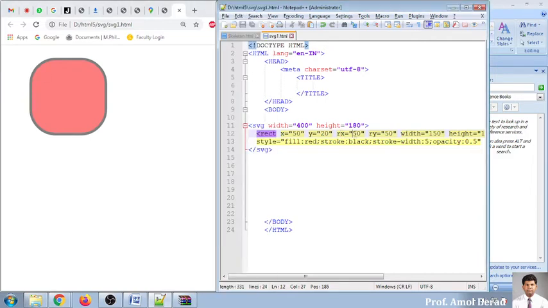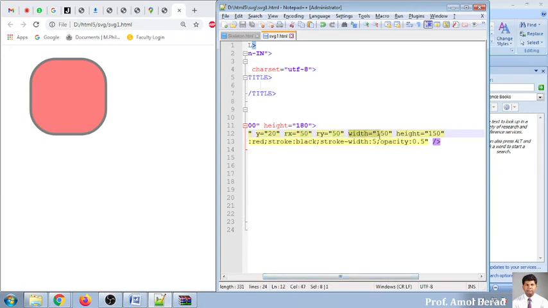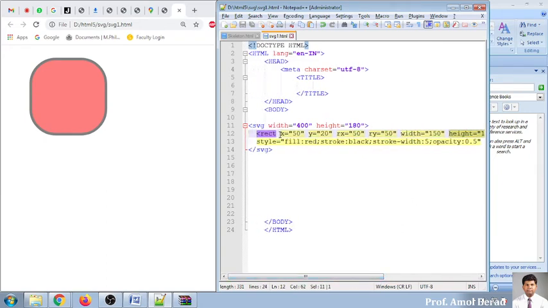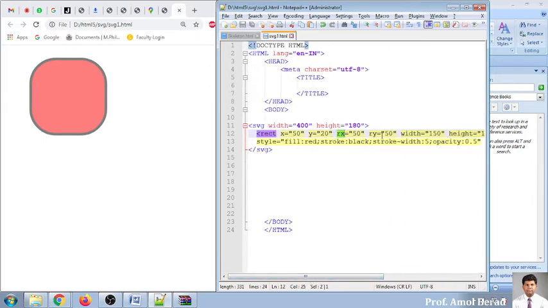The more the number, the more curve will be there for your x and y coordinates. So this one is width I want to set, how long I want to take my rectangle, how much height to increase. So four attributes are there. That is from which location you want to start your rectangle, and second, the width and height you need. And third thing is that you can use Rx and Ry for changing the corners of the rectangle.